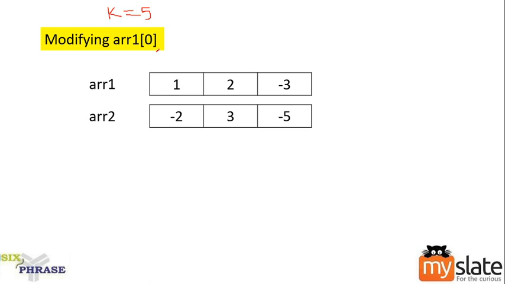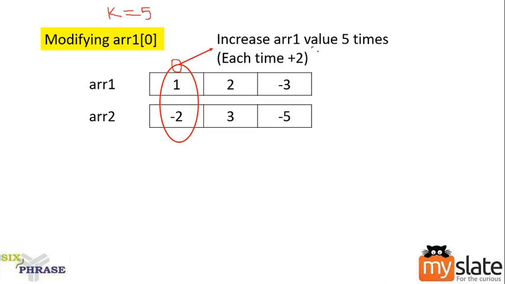Okay. So first I am going to modify zeroth index. This is the zeroth index. Focus here. Okay. What do we have? Positive value, negative value. So you can take a guess now. If I have a positive and negative value, should I increase array 1 value or should I decrease array 1 value? Think about it. When will the product be reducing further? If the product has to reduce further, then array 1 value has to be increased.